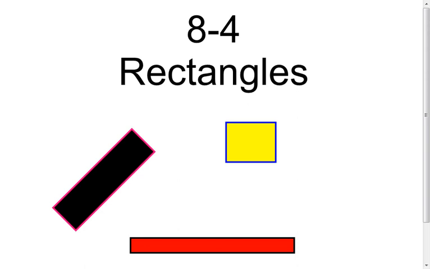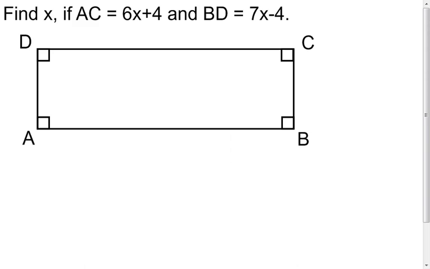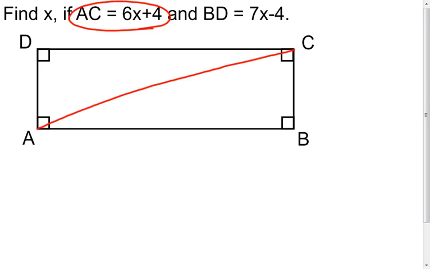Now the rectangles, we're going to look at examples with these rectangles. And my first one is right here. We want to find the value of x, and we know the length of segment AC. Well, it's not even in there, so I'm going to draw it in. We know the length of segment AC is this 6x plus 4, and we know the length of segment BD,